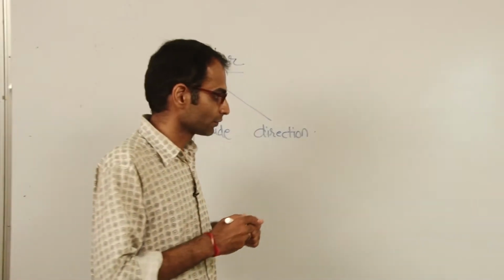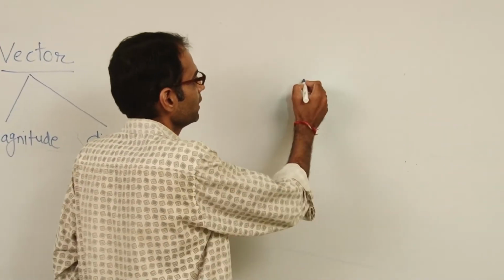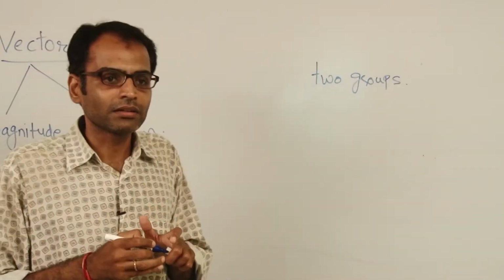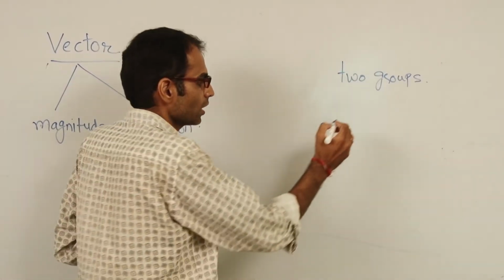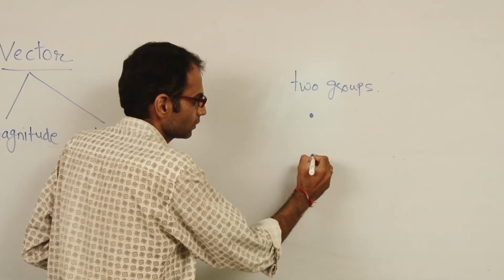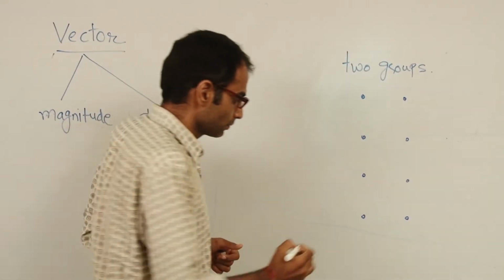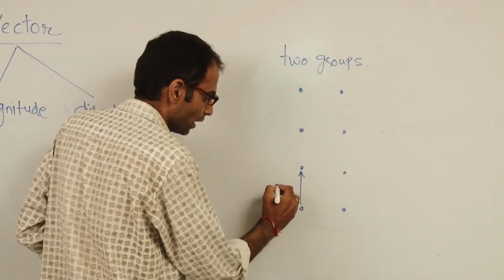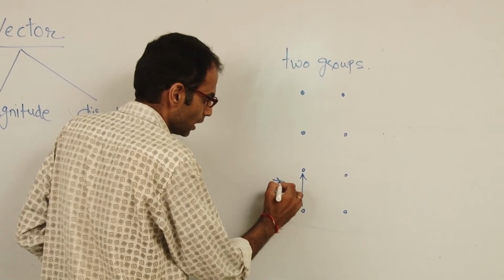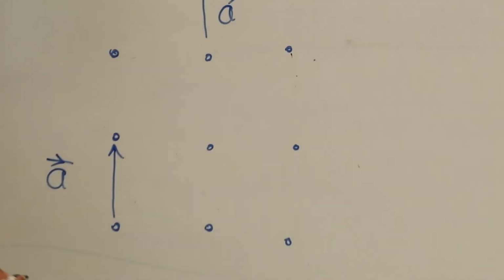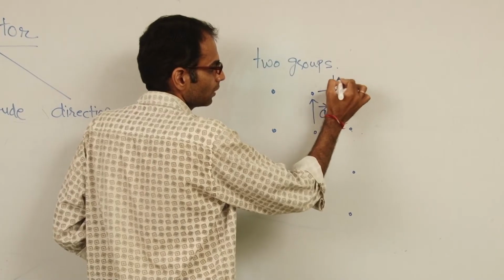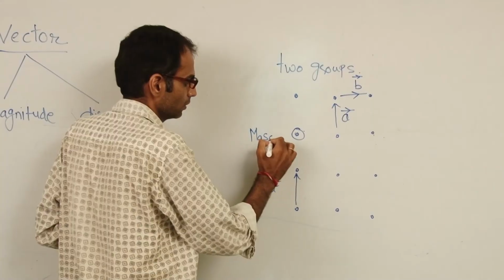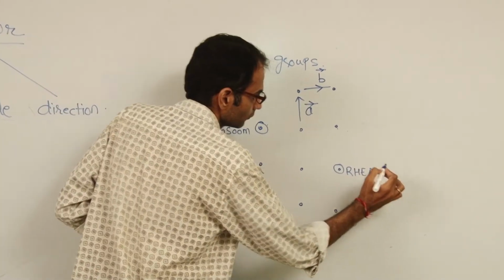So first of all the students will be divided into two groups. These two groups will then adjust themselves into rows and columns at a particular distance. The direction from back to front would be defined as vector A. The direction from left to right would be given by vector B. I would call out the names in pairs.